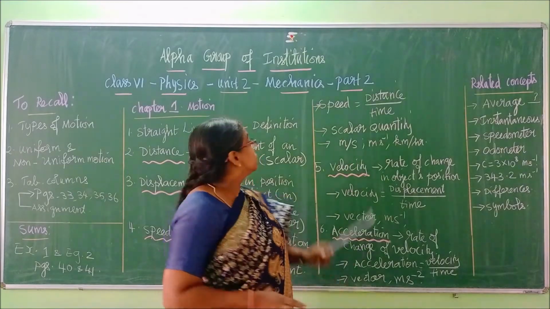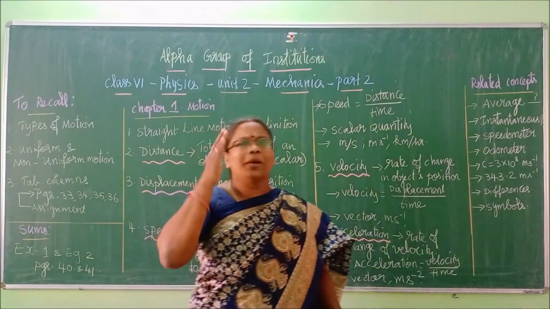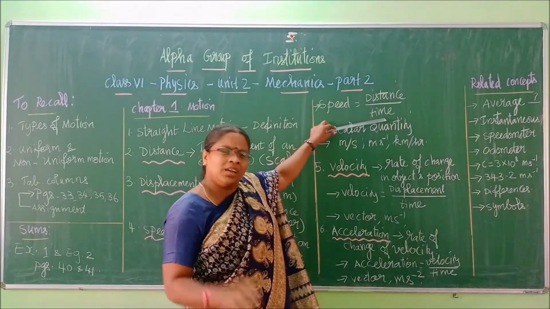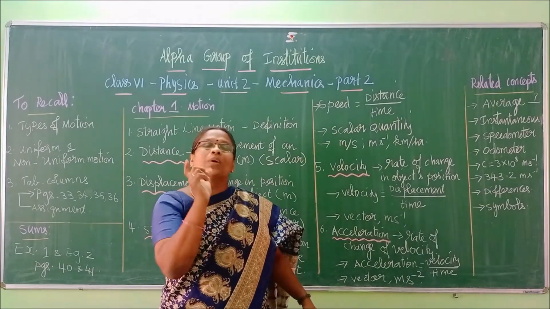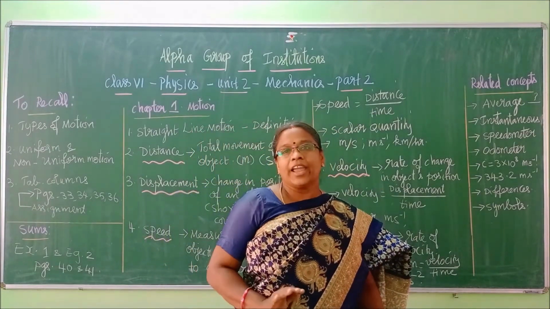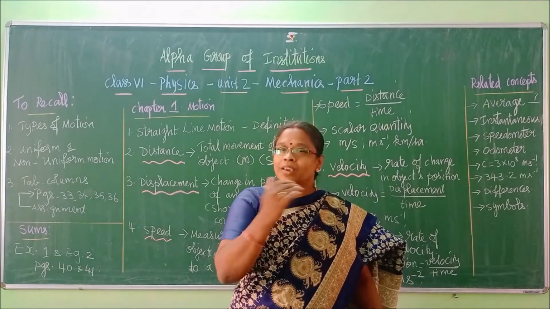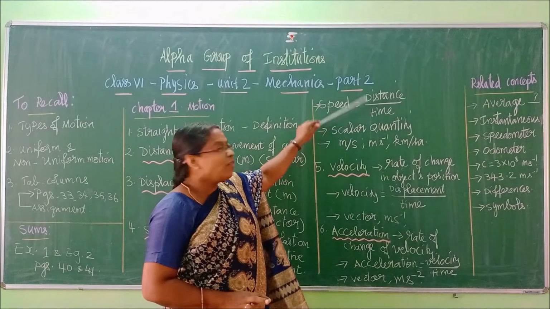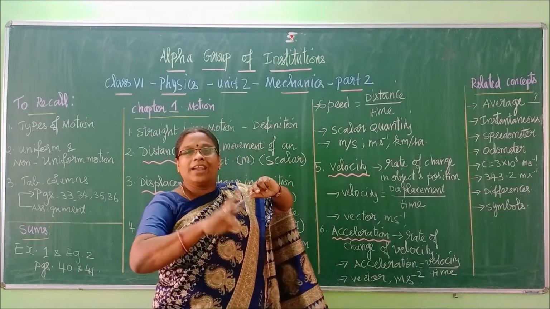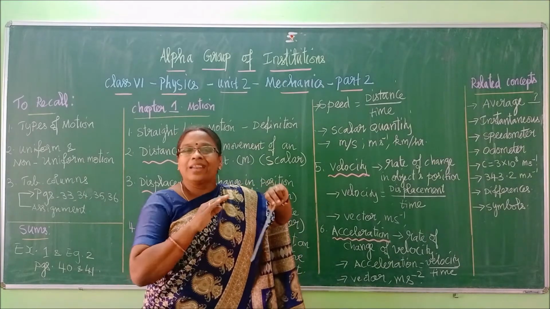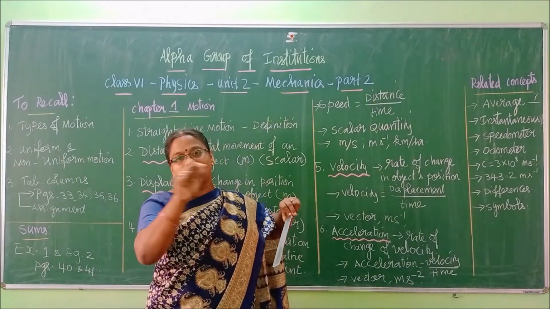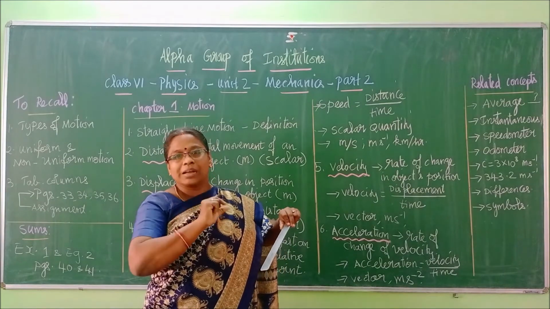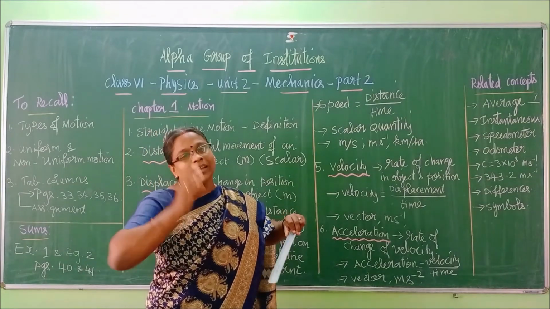In physics, children, as we are in 6th standard, first we will understand this now. In physics, if you divide any quantity by time, you call it by one special word: rate. R-A-T-E. Not the money. Here it is compared with time. Now, rate of change of distance. That means the word rate itself says you divide by time. What divided by time? Rate of change of distance. So that quantity divided by time.